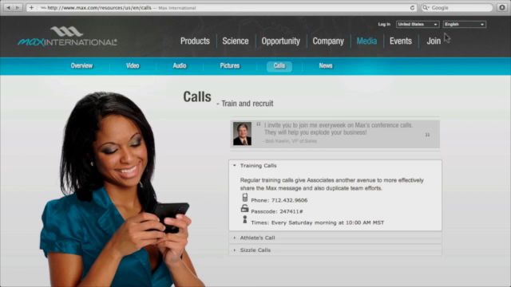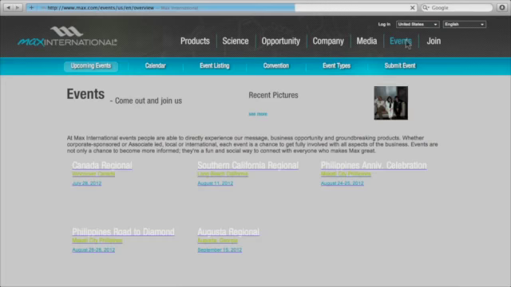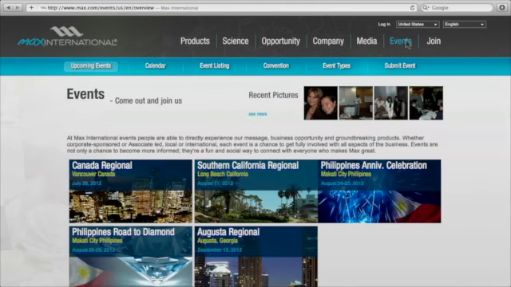All right. And then we've also got events. I think that's really important before we go into the login. Events of, you know, what's coming up. For example, we've got Canada Regional. Anybody can register for that event that is in that area or traveling to that area. So you've got all the different regionals showing here, different locations. And the calendar, when you click on calendar,